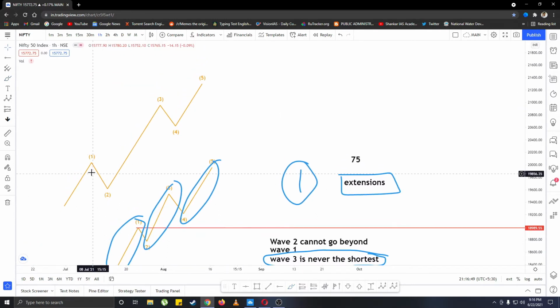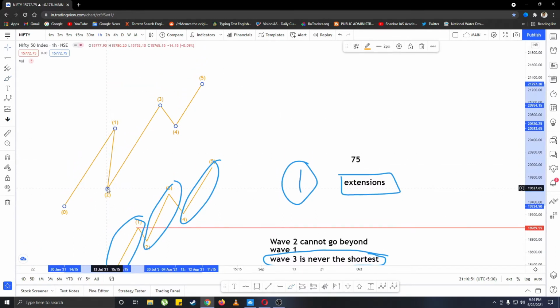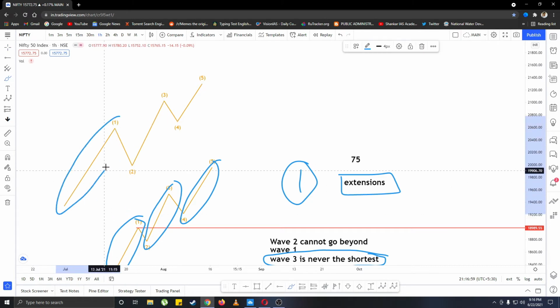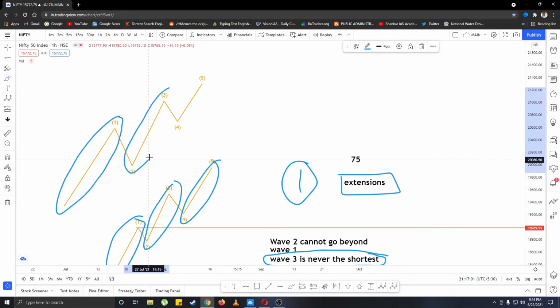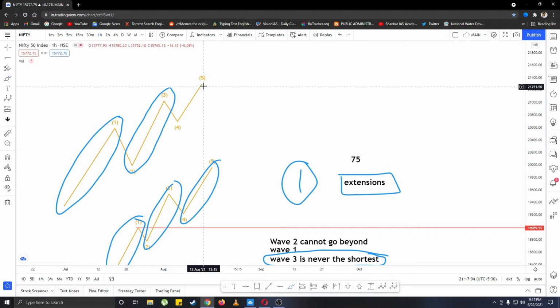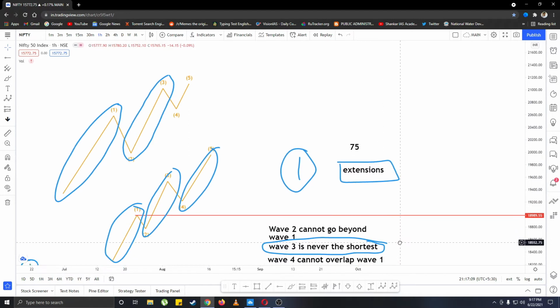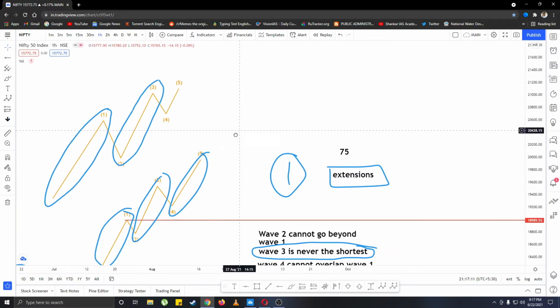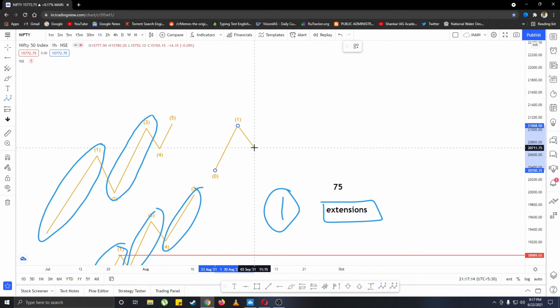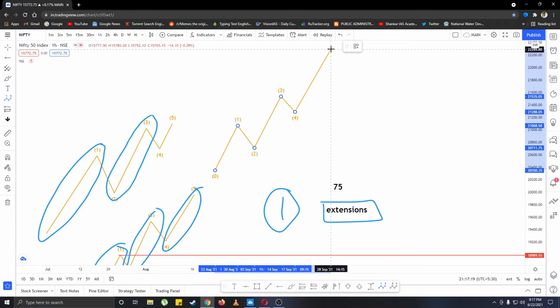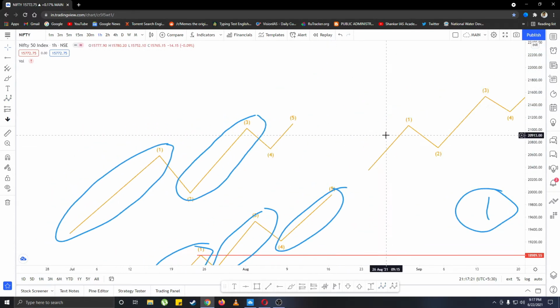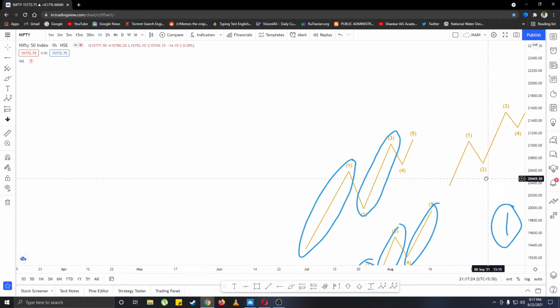So in a case, let's say we have an extended wave 1 and then we have a wave 3, then we know that wave 1 is extended. We know that wave 3 cannot be the shortest. So wave 5 has to be smaller than wave 3, because otherwise it will violate the rule. And if, for example, wave 1 and 3 are not extended, that means that we can expect wave 5 to be extended. And extensions can occur within the extensions.